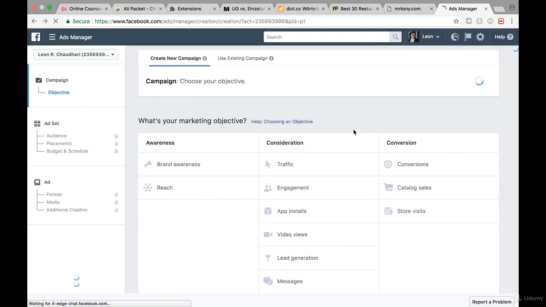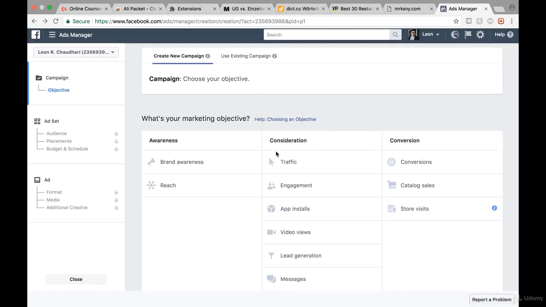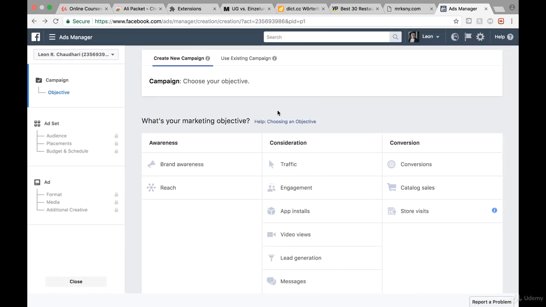Then what we want to do is create, for instance, an engagement ad. So, okay, this is actually an ad that I create. All right, there we go. What we can do, for instance, is create a so-called traffic ad, an engagement ad, or an app ad that hopefully gets us app installs, video views, lead generation, messages, conversions, catalog sales, and so on. Now, we can focus on engagement or on messages. And what I want to do with you right now is focus on messages.